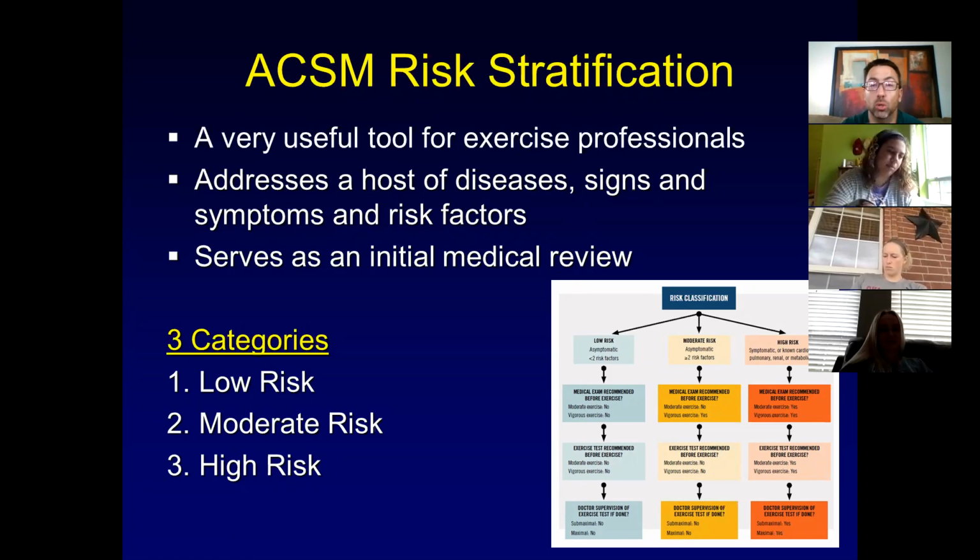Okay. As you can see on the PowerPoint slide here, there is a rubric, basically a flow chart of how you answer certain questions. It's going to start you off in a certain direction, and then from there we're going to figure out what can go on. Based upon which category you fall into, that's going to have an impact on what types of exercise we believe it's safe for you to do with and without a physician's clearance or consent. Okay? So this is the best way to do things.